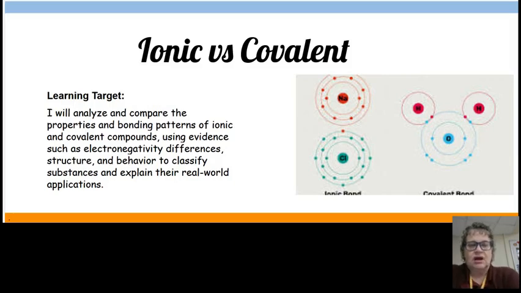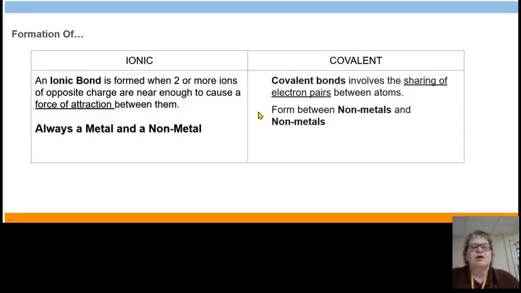Unit 6, on the differences between ionic and covalent. Our learning target: I will analyze and compare the properties and bonding patterns of ionic and covalent compounds using evidence such as electronegativity differences, structure, and behavior to classify substances and explain their real-world applications. Okay, so